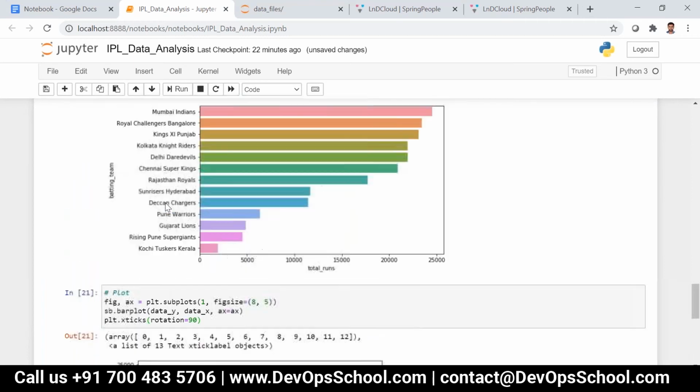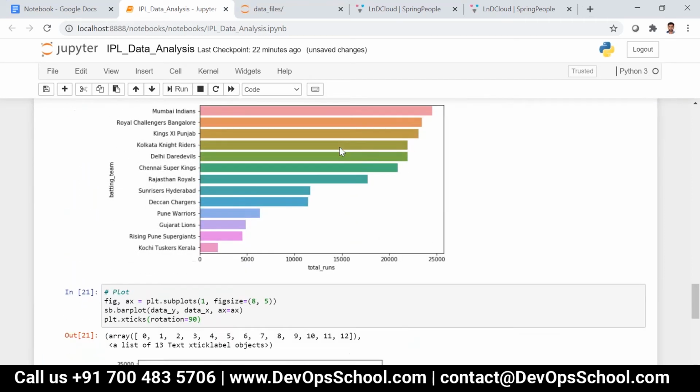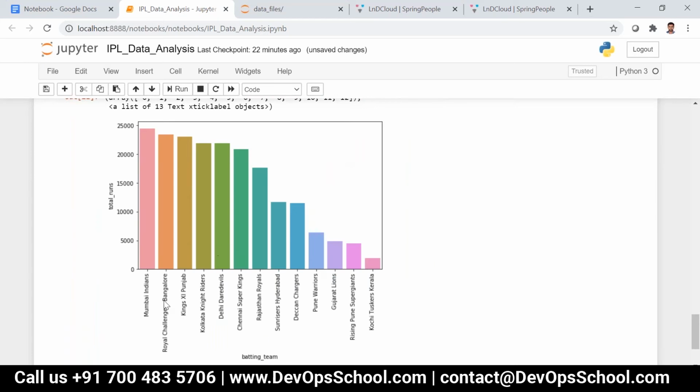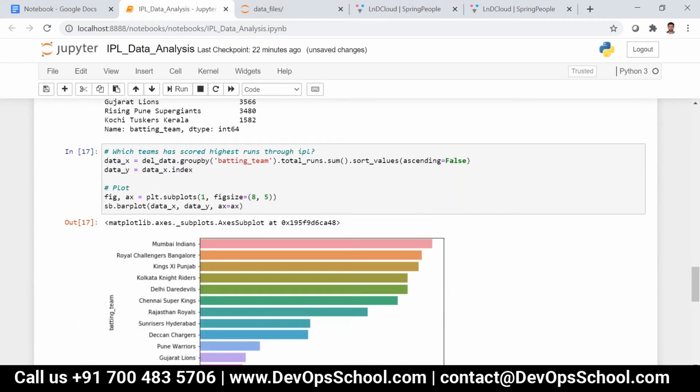So either you can plot a horizontal bar graph or you can plot a vertical bar graph like this. Now you can see the icons: Mumbai Indians is this, RCB is this, Kings XI Punjab is this. So you can see the data like this. This is based on the highest runs scored by a particular team.